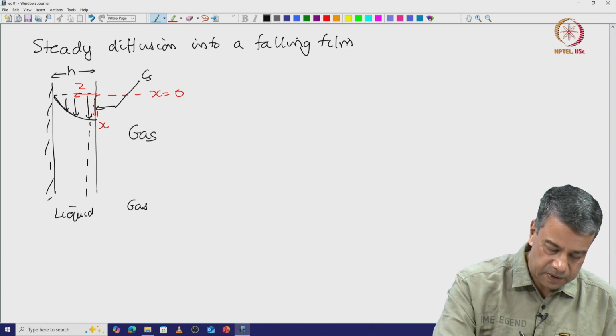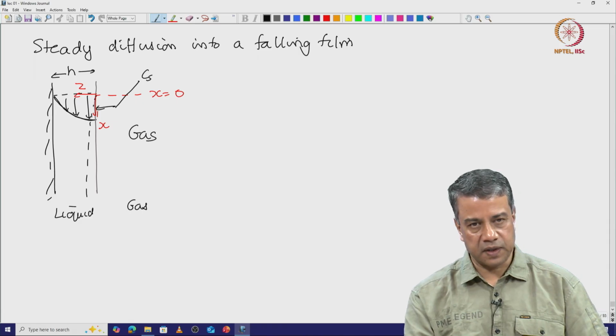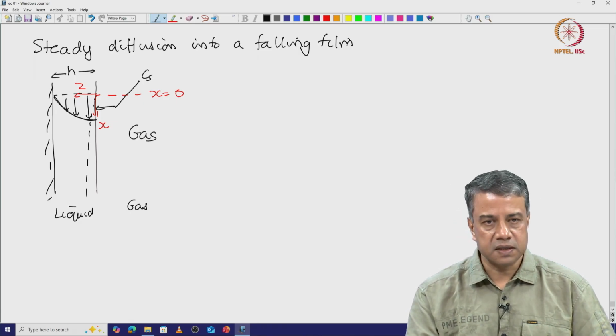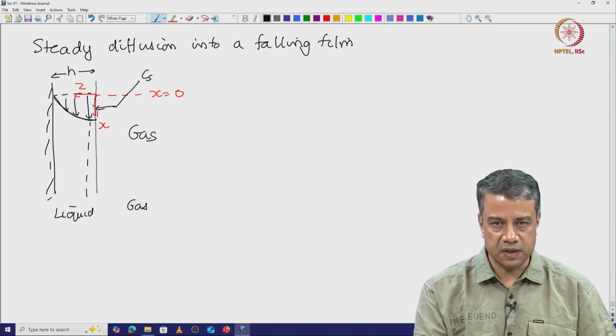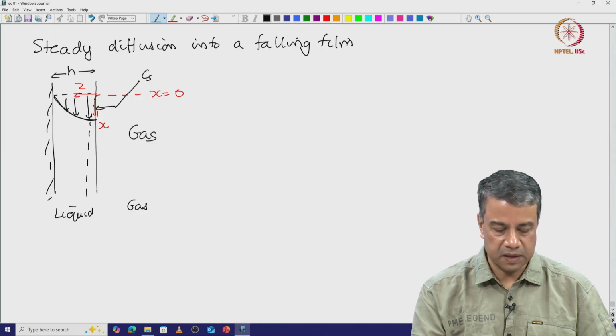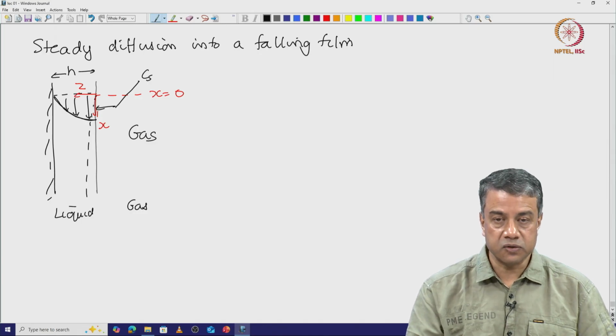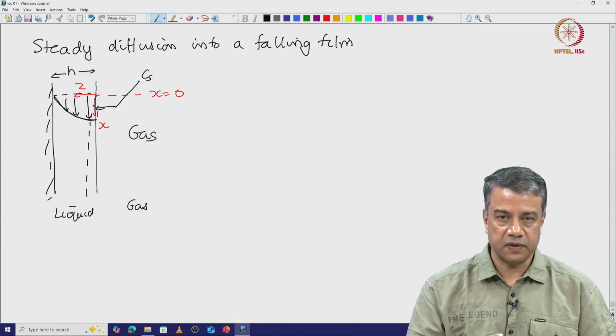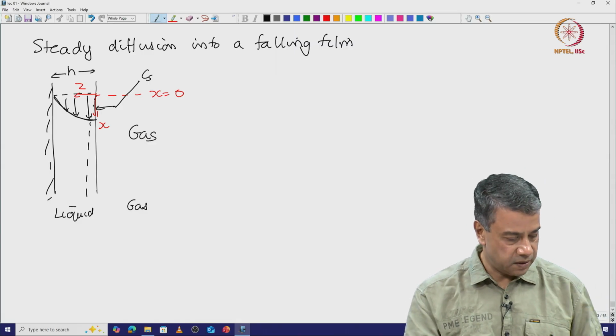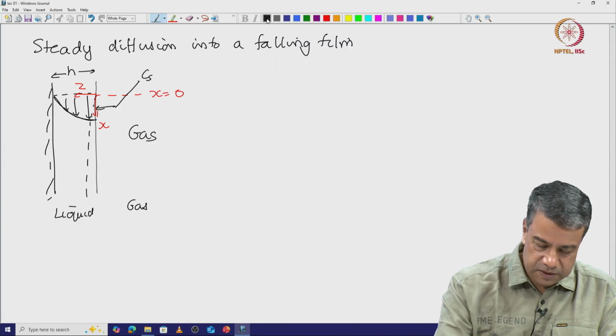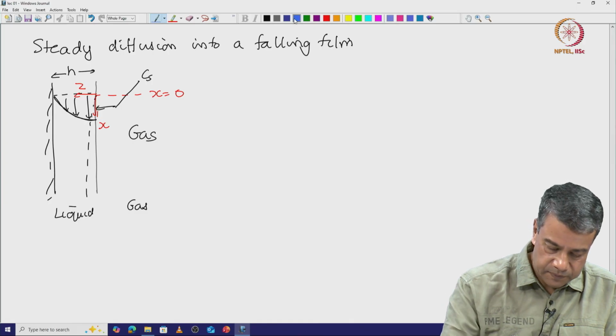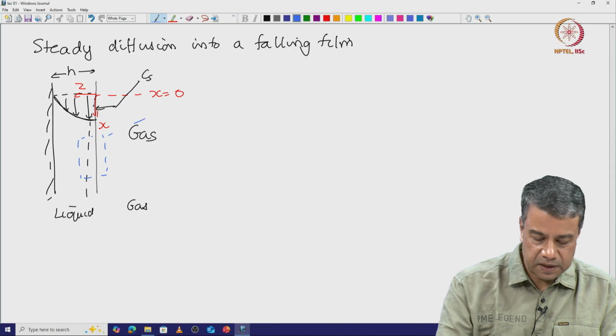The velocity profile here is a parabolic profile. It has 0 velocity at the wall itself, because there has to be a no slip condition. At the free surface there is no shear stress, therefore, the velocity gradient is 0. So, near this free surface, in the region where the gas is diffusing